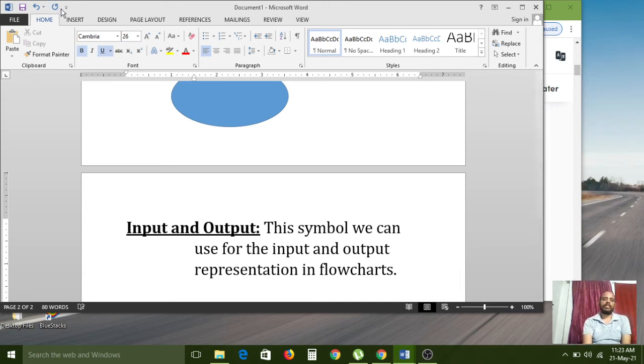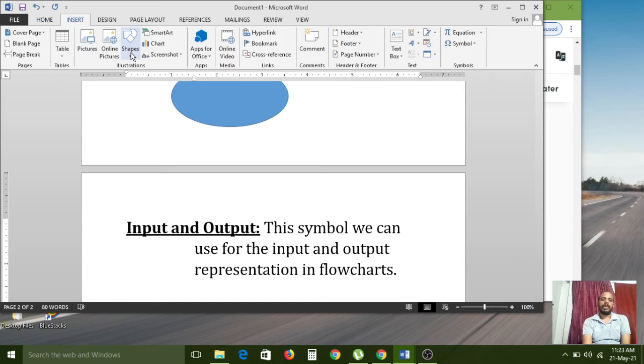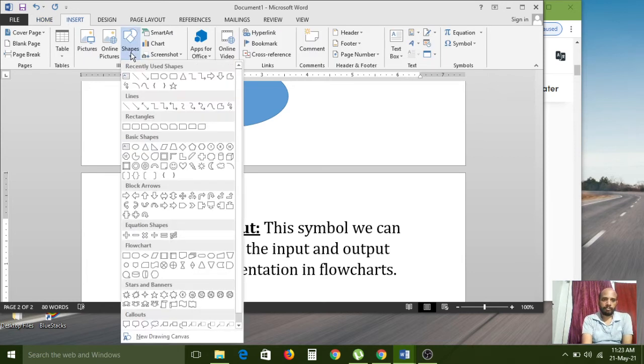So how can we draw that one? Go to the Insert menu and go to the Shapes option. Here, where it has search, yeah, this one.